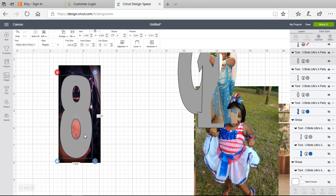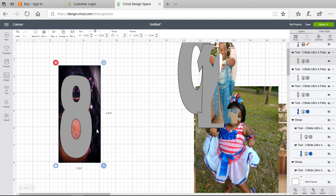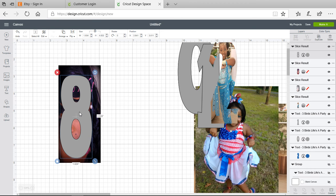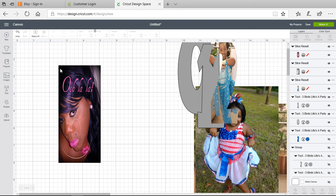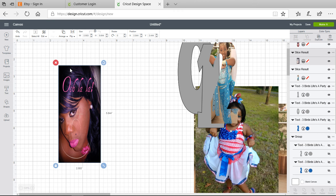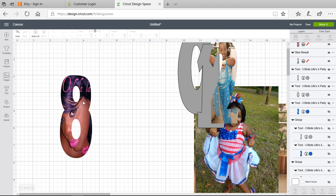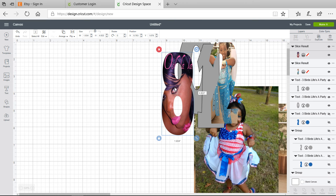I like this. So again, the gray 8 is already selected. I'm going to press down shift, and I'm going to click the edge of the photo. So I have both of them, and I'm holding shift, and I go back over here and click slice. Now, I don't need the gray 8 anymore. Click on the border, make sure they're separated. X. Now I have my 8. Now I'm going to show you